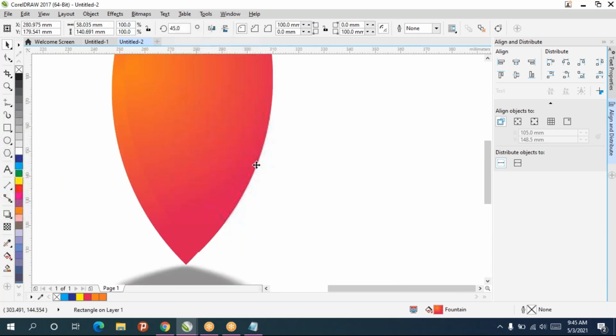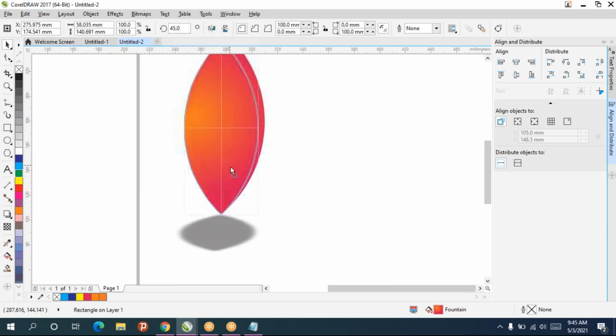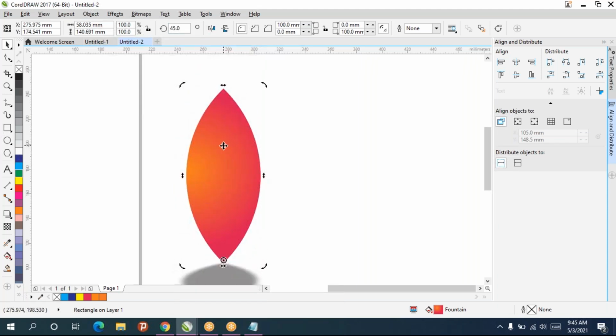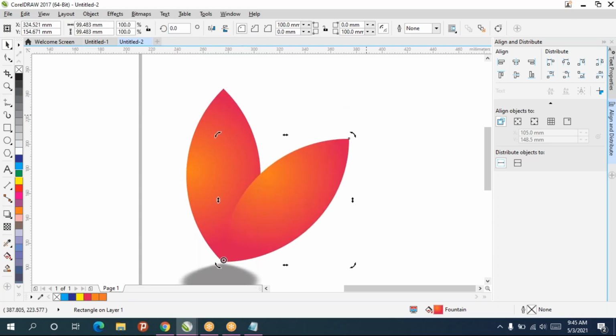So this one I'll use. After duplicating and placing it exactly in the center, I'll move this point. I'll place it somewhere here. Okay. So this one, I'll rotate around 0 degrees, not 0. I'll give around a small angle.